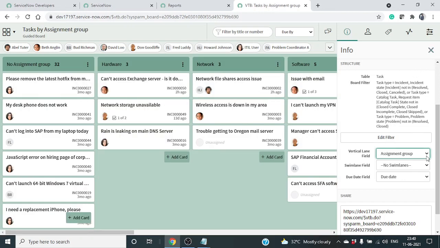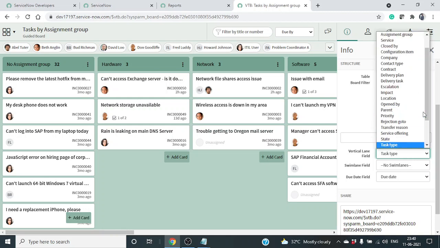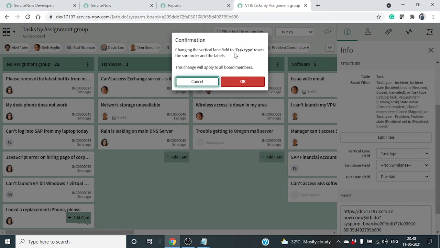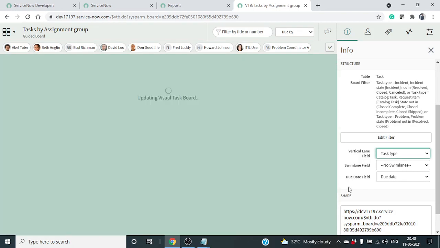You can select the status, severity, and also priority, but that will be confusing. Why? Because service request, incident and problem will follow different workflows, and they will follow different priority and severity. It is always better to select fields other than those three. It would be very good if you select assignment group or assign to column or the task type, like this.